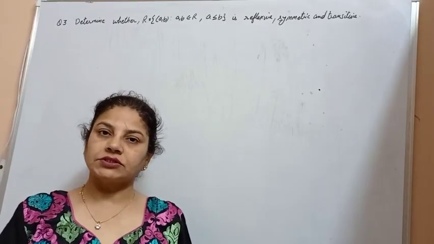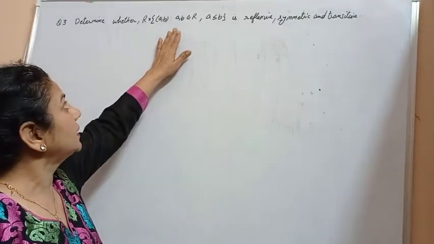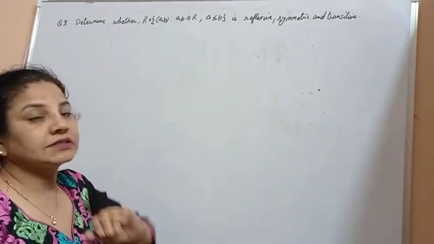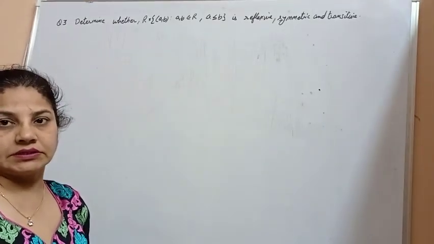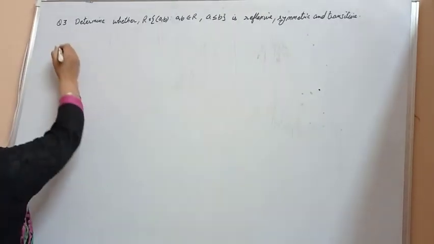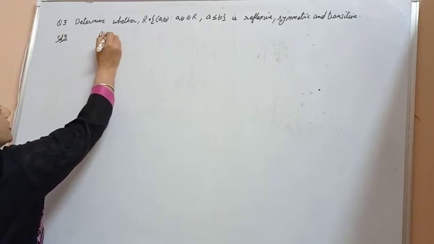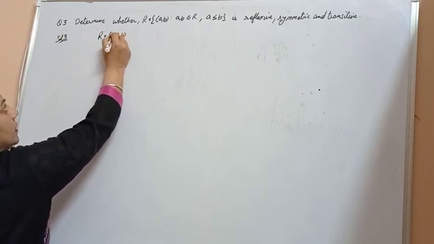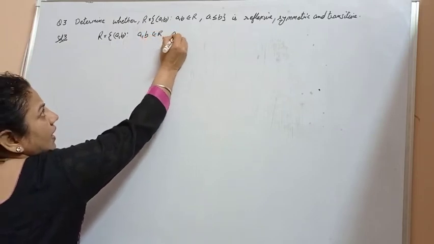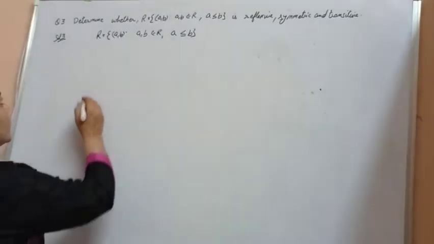Determine whether the relation R, given as (a, b) such that (a, b) belongs to R when a is less than or equal to b, is reflexive, symmetric or transitive. Let us check for reflexivity. Relation R is given as (a, b) belongs to the relation, where a is less than or equal to b. For reflexive,